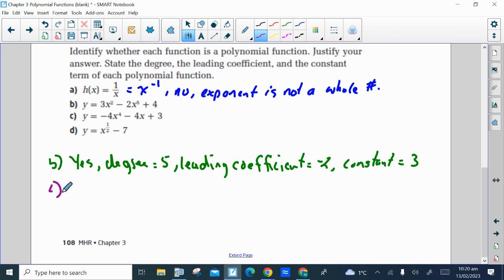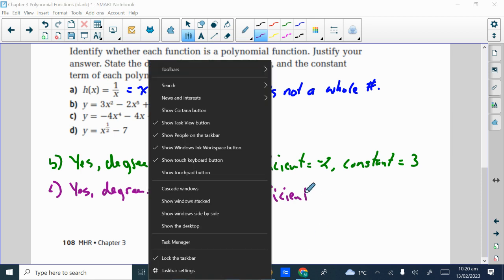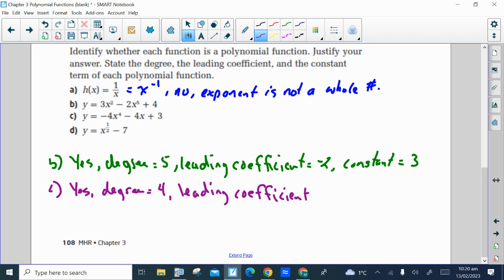C is also an example of a polynomial function. All the coefficients are real. All the exponents are whole numbers. This one is in the proper order, highest power to lowest power. The degree would be 4. The leading coefficient would be -4,